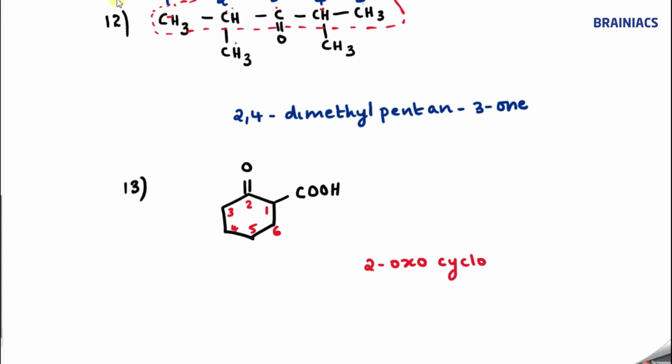Then they are linked through, word root is 6 carbon atoms. So cyclohex, they are linked through single bond. So hexane, I need to use ane. Why? Because the functional group is present outside the ring. So cyclohexane 1 carboxylic acid, correct? Carbo, it should be written together. Since there is no space, I am writing down carboxylic acid. So what is the name of this compound? 2-oxocyclohexane 1 carboxylic acid. So please understand why I have used carboxylic acid, because COOH is present outside the ring and you cannot include this carbon in my parent carbon chain. Then I cannot form parent carbon chain with one carbon atom. That is the reason why ring is considered as the parent carbon chain.